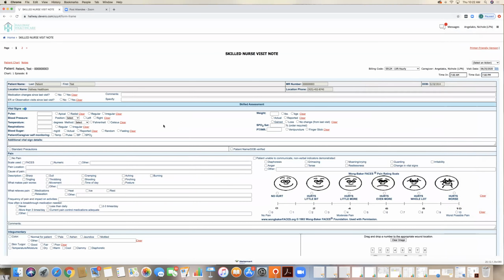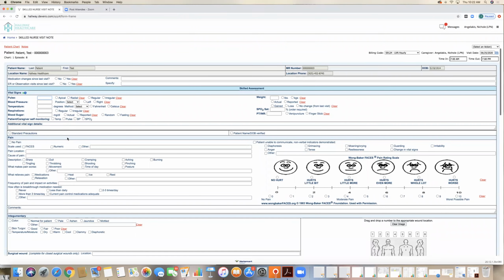So your skilled nurse visit note is basically a head to toe assessment, and you're going to need to fill out as much as you can. So all of this right here, all your vital signs, all of this needs to be filled out. Going through pain,